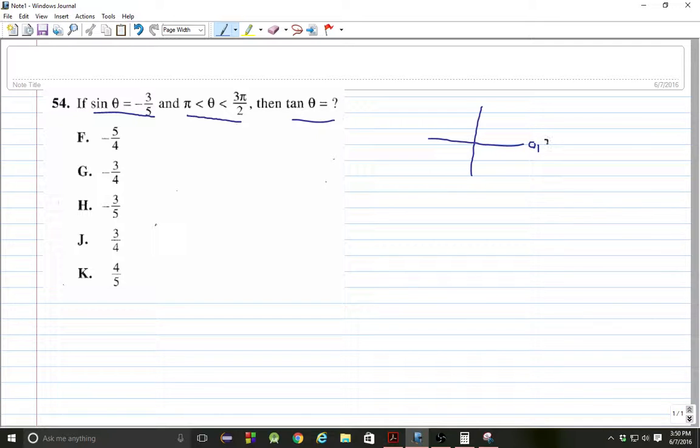0 or 2 pi, pi over 2, pi, and 3 pi over 2. Remember that 0 is equal to 2 pi. So if theta is between pi and 3 pi over 2, that means it's in quadrant 3, which means that